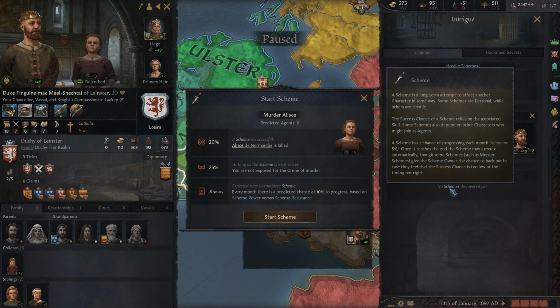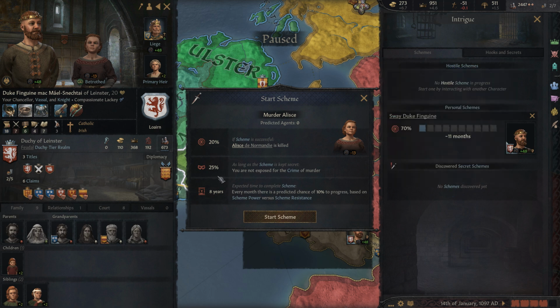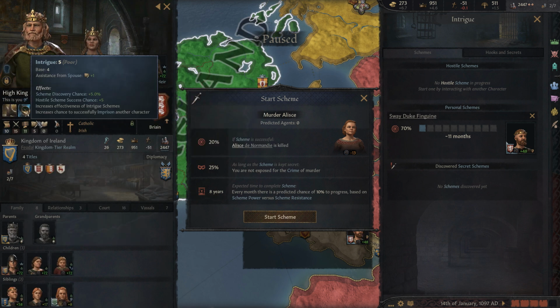Yeah, the success chance is just too low, though. We're not going to be able to make this happen. As long as the scheme is kept secret, you are not exposed for the crime of murder, and the chance of secrecy is bad, on account of the success chance being so low. So how would we make our success chance better? I mean, obviously, my personal intrigue is quite poor, but I guess I'm not 100% clear on why my personal intrigue...